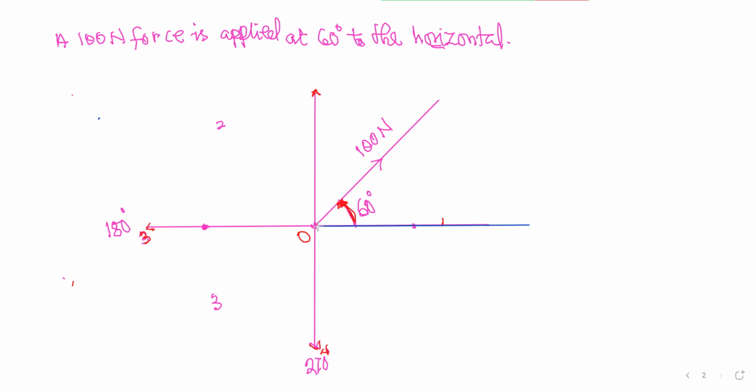The 80 Newton force must be parallel to the horizontal. Let me bold the angle for you. So this is the 80 Newton force. Let's assume this is just the magnitude. So it ends here. This is the end. The magnitude is 80 Newton. No angle is given, meaning it makes an angle of 0 with the horizontal.